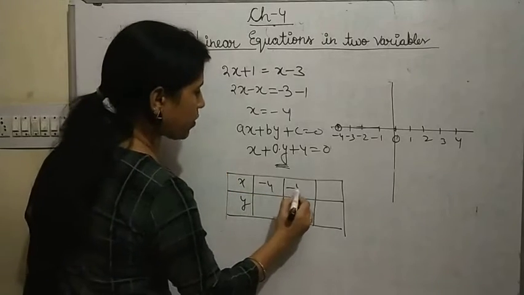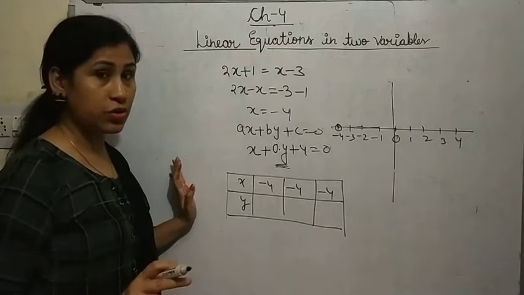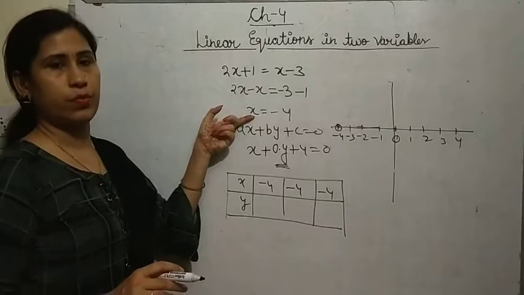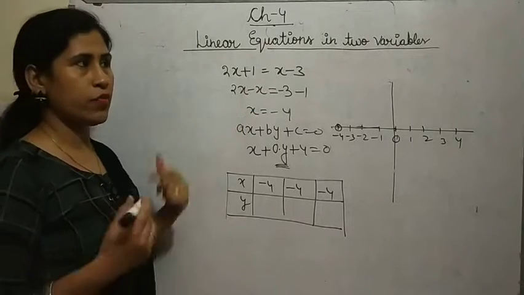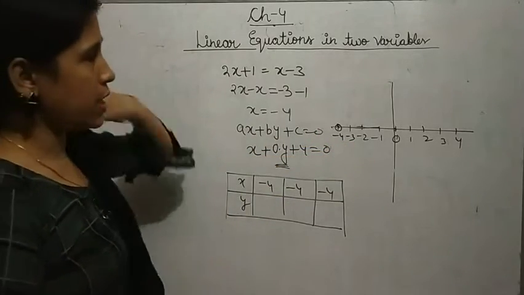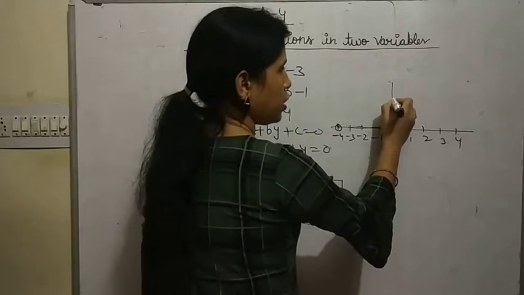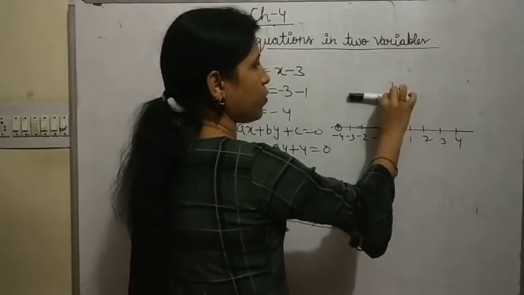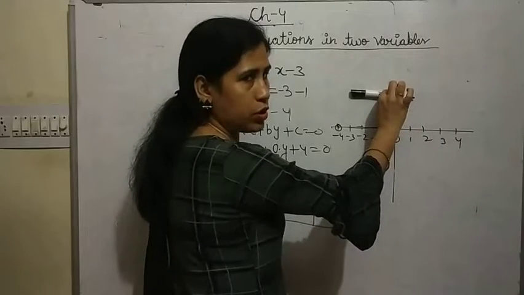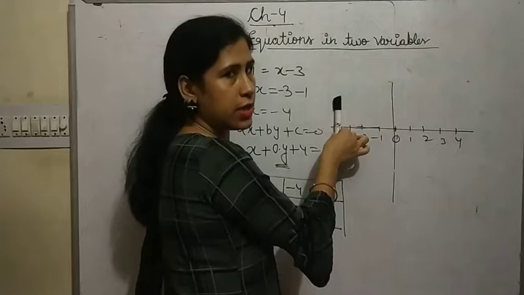See, minus 4, minus 4, minus 4. This is fixed. This is not going to change. Why so? Because the y value is 0. Whenever we draw this type of two-variable graph, there is a hint. If my value comes here, it is a hint to me that my figure will come horizontal, my parallel line will come horizontal. But here the hint has come, so my vertical line will come. It is a hint for us.